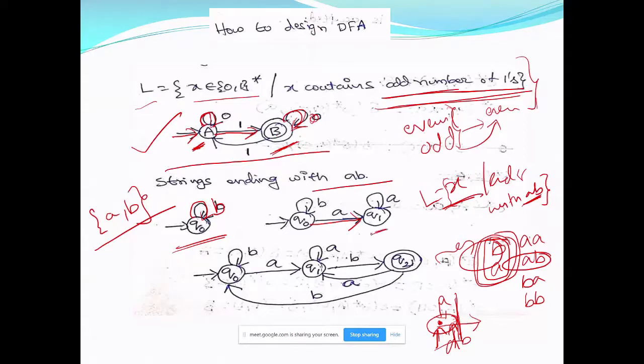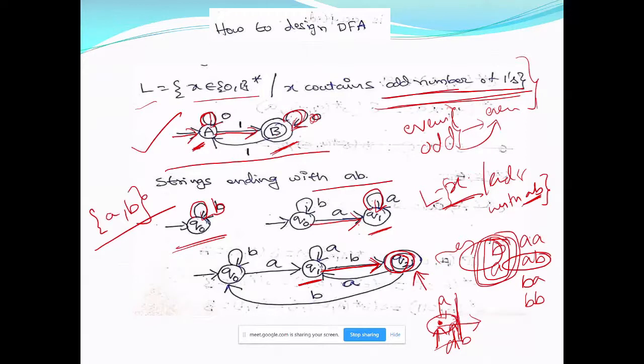Now look at this Q1. I changed the state. So you are in Q1 means the last input symbol you have read is A. Before that, you can have anything. The last symbol you have read is A. So if I get one more A, I am in Q1 because I have to check for the next B. Now in Q1, if I get B, that means the last input symbol it has read is A, and it is followed by B. Now up to now your string is ending with AB. So I am in Q2 because this is what is required for me. I made this a final state.